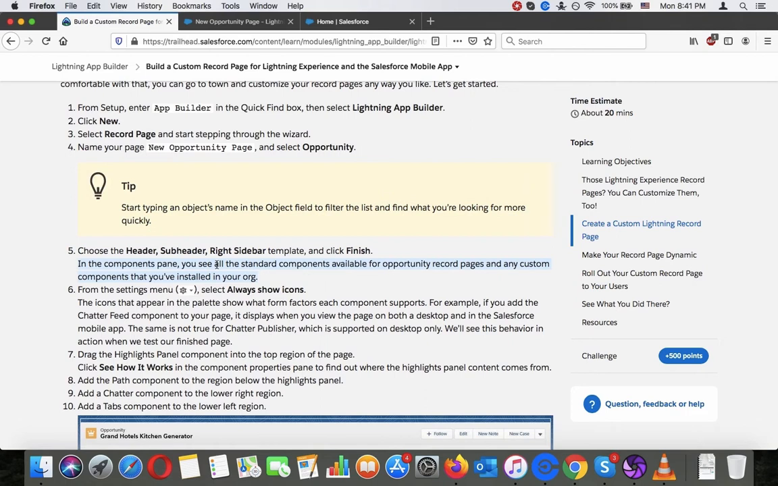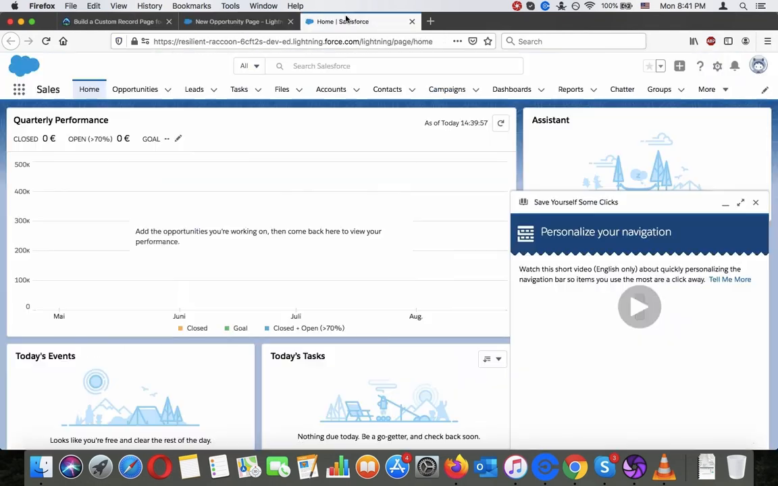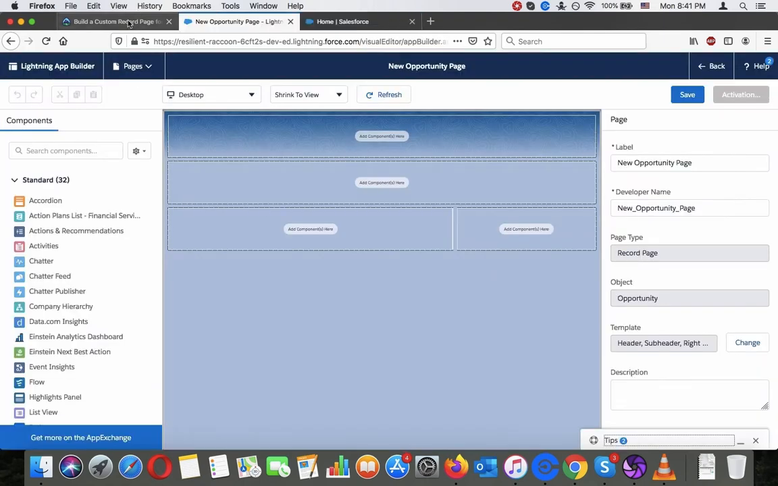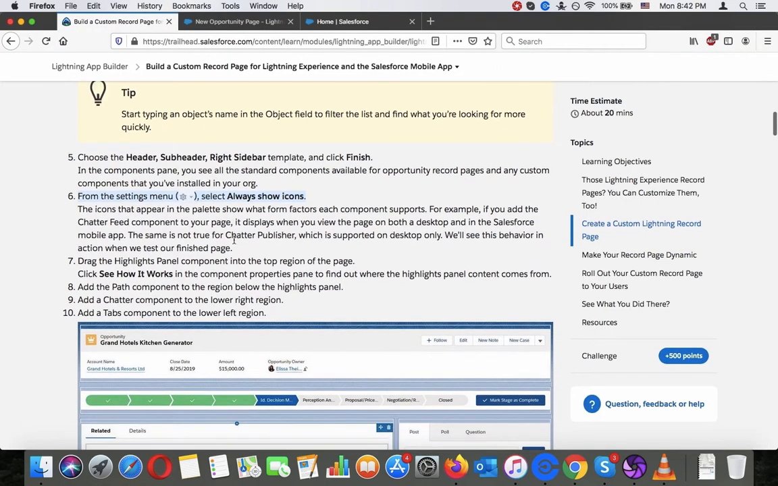In the Components pane, you see all the standard components available for opportunity record pages and any custom components that you have installed in your org. From the settings menu, select Always Show Icons. The icons that appear in the palette show what form factors each component supports. For example,